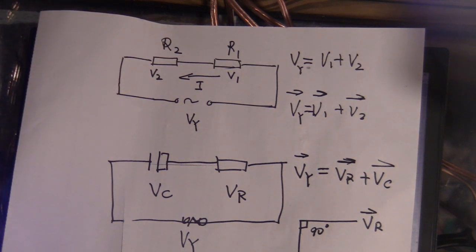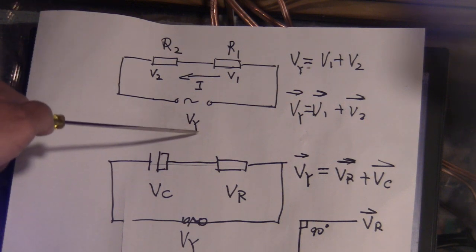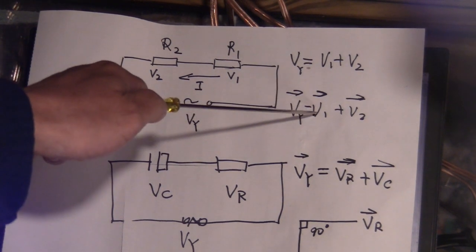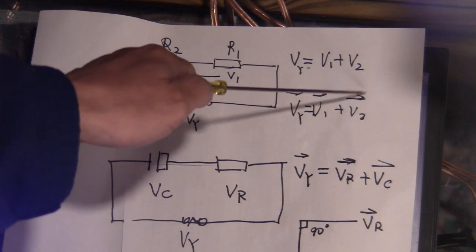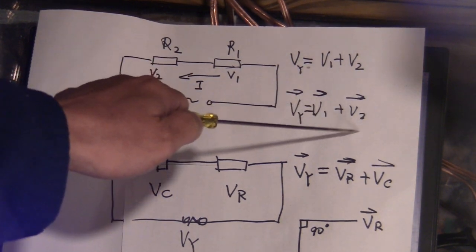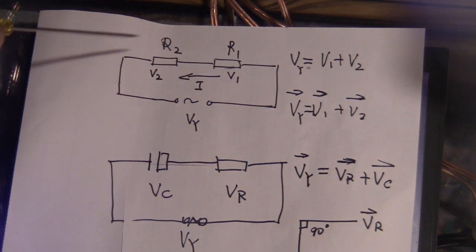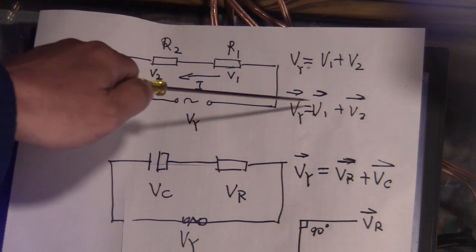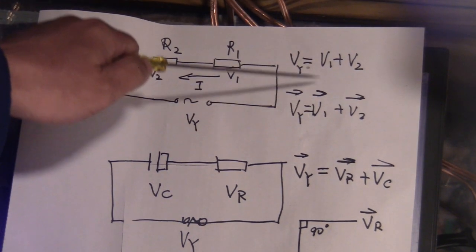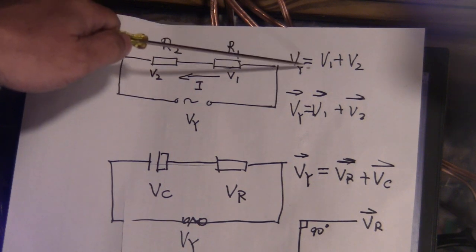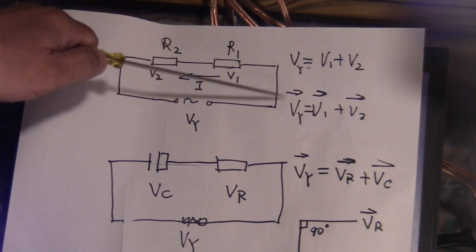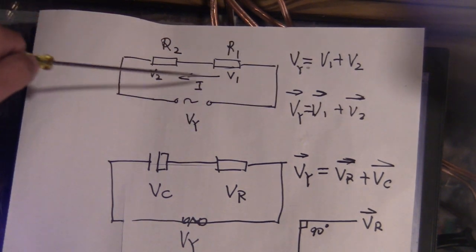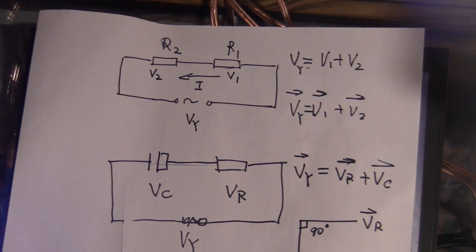If we also calculate the direction, the vector, then Vy will equal V1 plus V2, and V1 and V2 have the same direction. They have nothing different. So this equation is exactly the same as this equation. So we don't need to do the vector at all in here. But